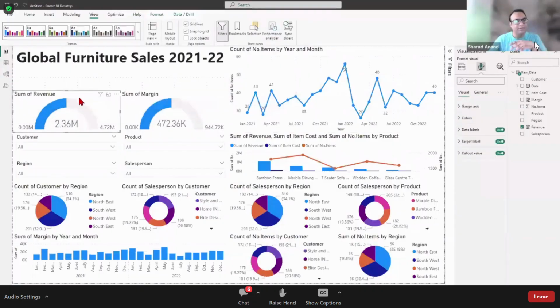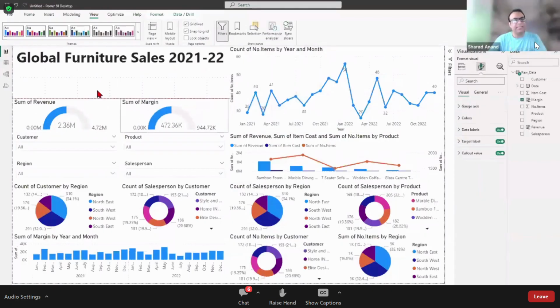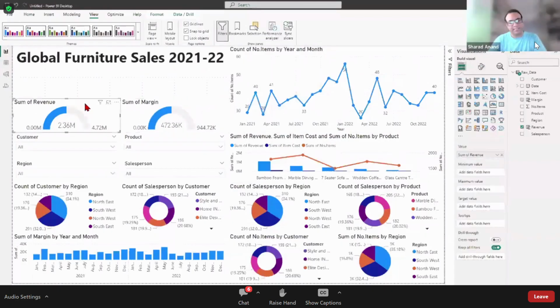So over here, maybe I want two more gauge charts. How about this one? I'll make it smaller, and then I'll insert more gauge charts. How do I do it? Control C, Control V. I've got another gauge chart. How about this one? And here it is. And I'll copy this, paste it, and over here,